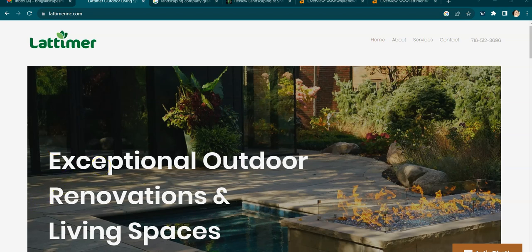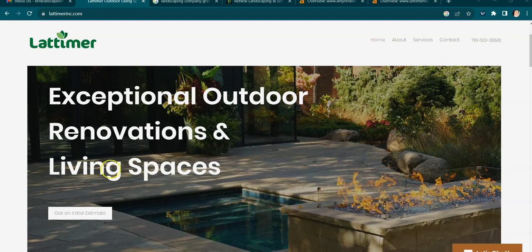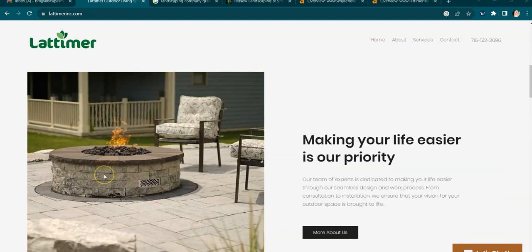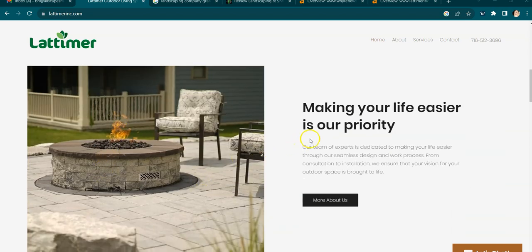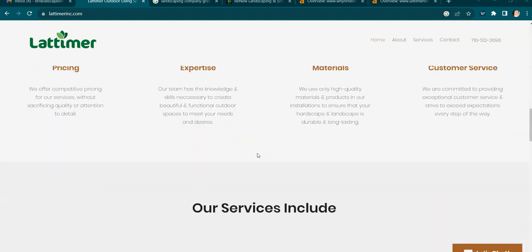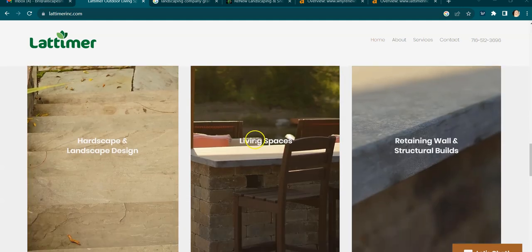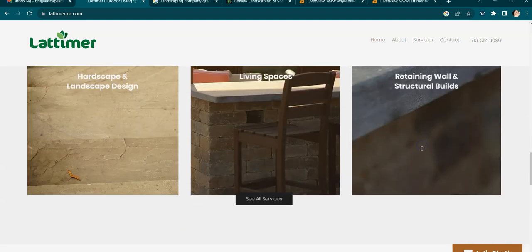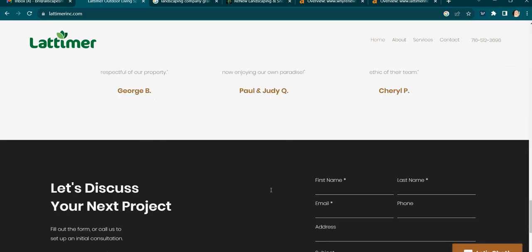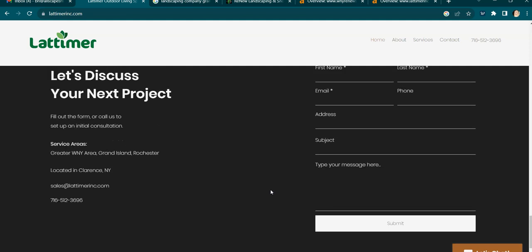So taking a look at your site here, you have a really nice photo of maybe a little hot tub here with a fire. I love this photo. And a call to action here to get an estimate. Another really nice photo. A little bit about why you guys are good, some more about why someone should choose you, your services, although they don't look clickable. Oh, okay, I see. You have one service page for all of your services. Okay. Some testimonials, and then your footer.